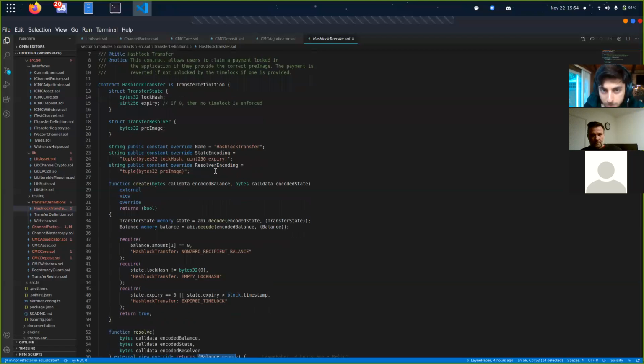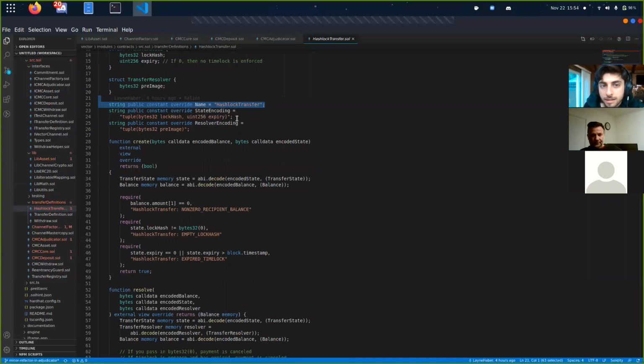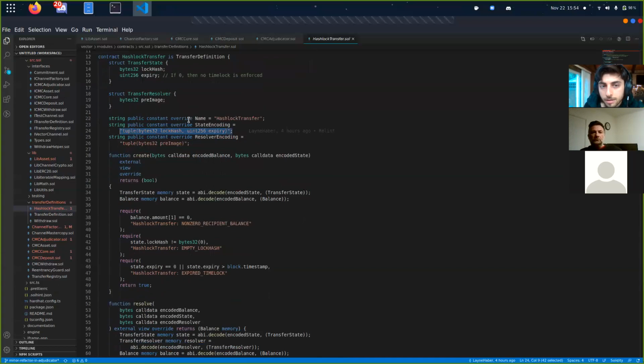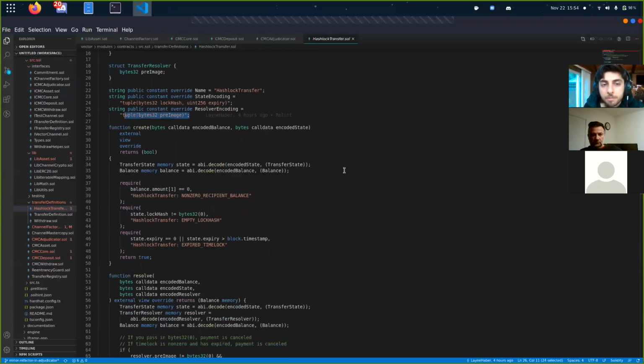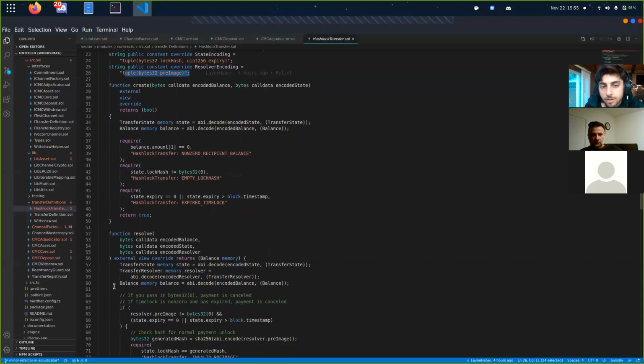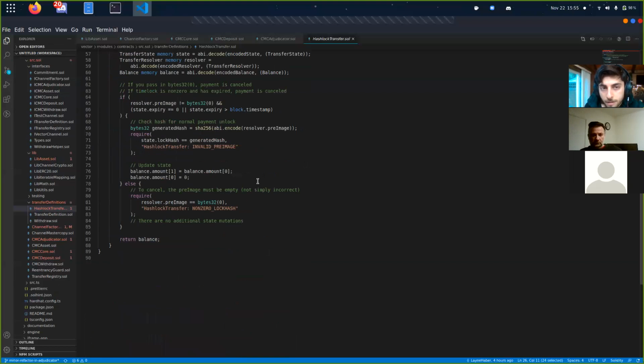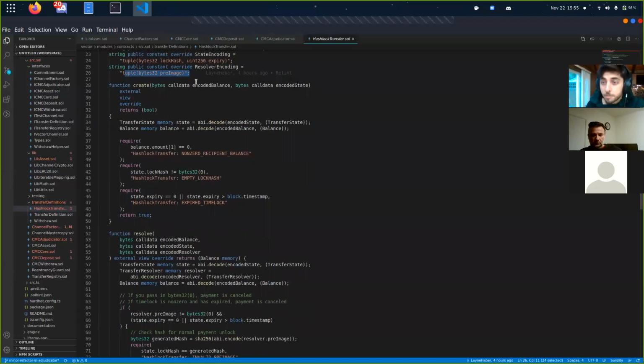As part of that registry, we take in the transfer name. We take in the state encodings, so this is the encoding of this transfer state, and then the resolver encoding, which is the encoding of this transfer resolver. And then we implement two functions, create and resolve. Create is a helper function. It's never actually called on chain as part of the adjudication logic or anything like that, but we implement it because this allows us to